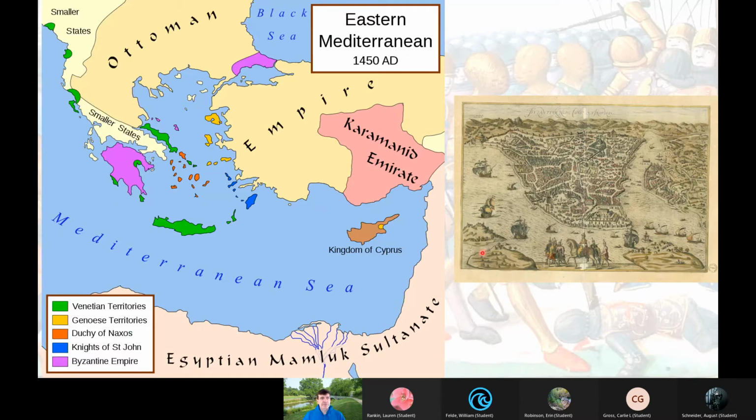So here is the Ottoman Empire. There's still other powers, but the Ottoman Empire, once this falls, is going to spread everywhere. And that's just a little finger of the Byzantine Empire. Constantine was here, his brother was here. And what happened was